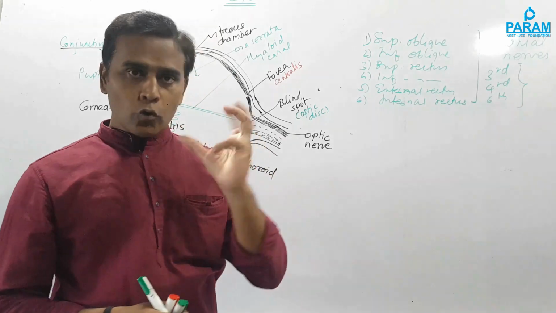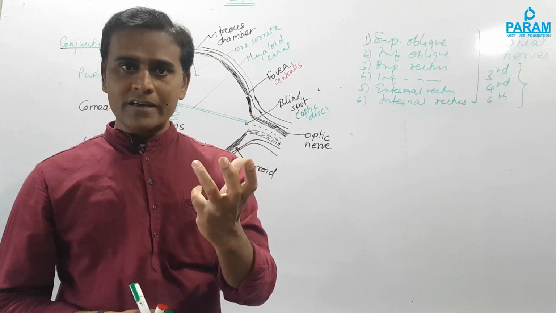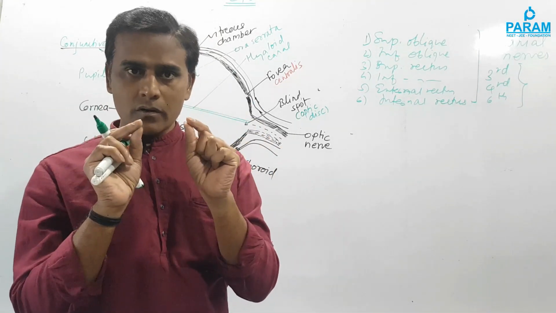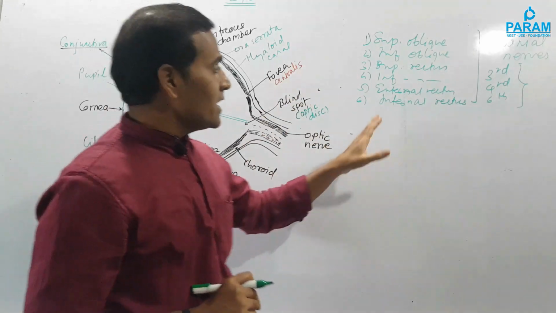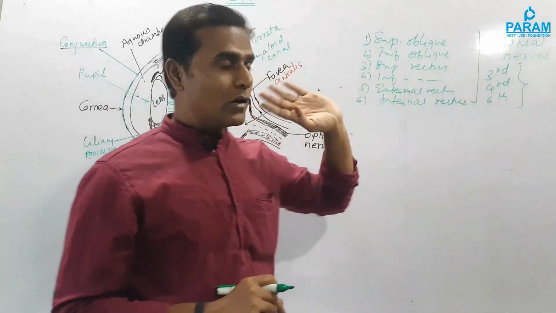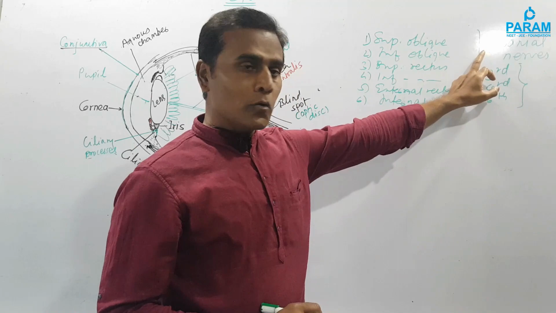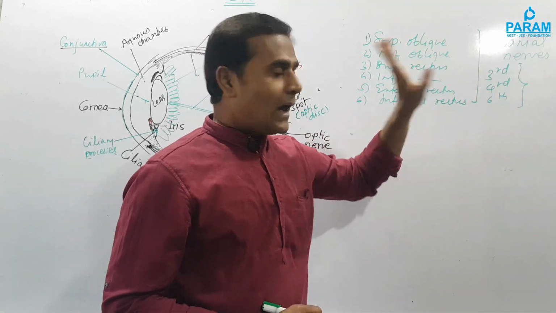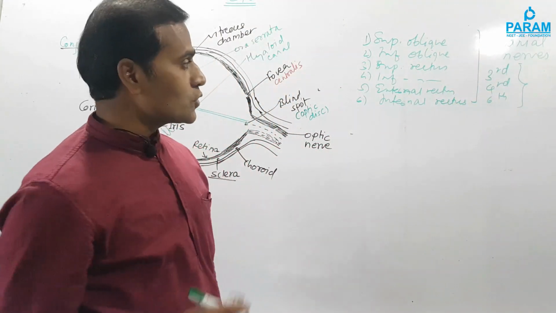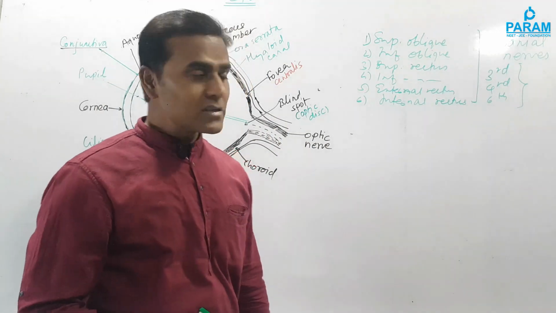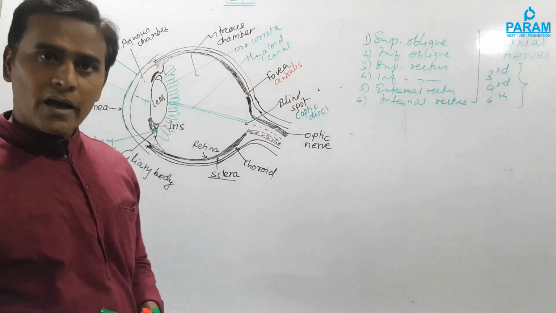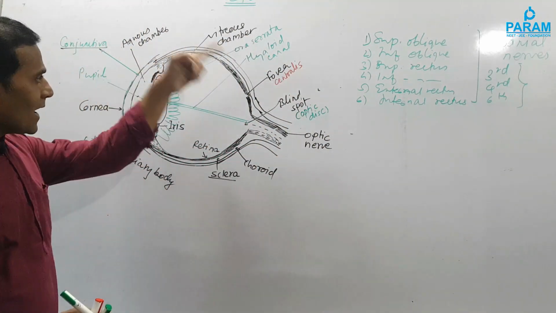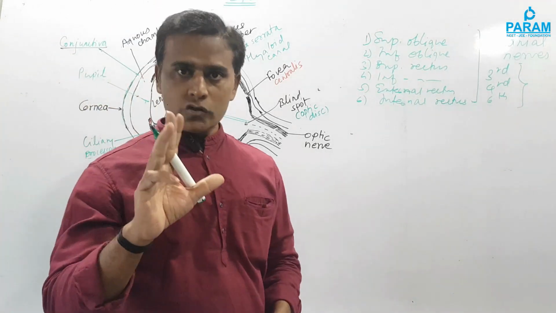That means the rolling movement of the eyes or side to side movement of your eyes would be controlled by these 3 cranial nerves, that is oculomotor, trochlear and abducens. These 3 cranial nerves support these muscles and regulate movement of the eyeball. Well, this eye is basically made up of 3 coats or 3 layers.